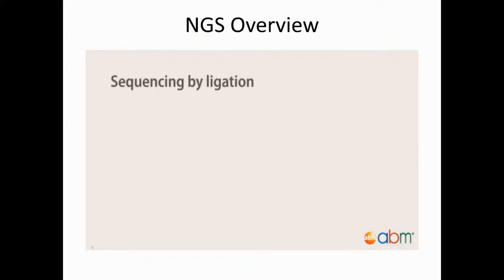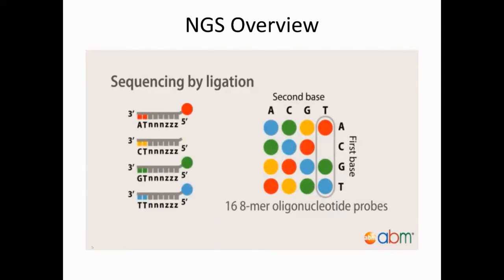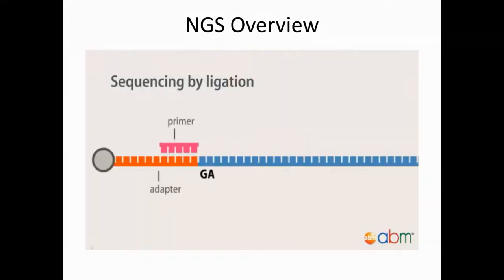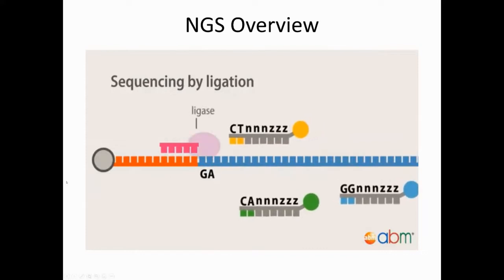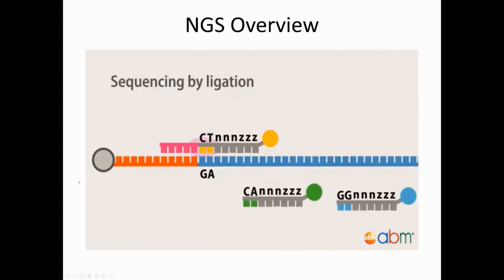Sequencing by ligation is different from the other 2 methods, since it does not utilize a DNA polymerase to incorporate nucleotides. Instead, it relies on 16 octamer oligonucleotide probes, each with one of 4 fluorescent dyes attached to its 5' end, that are ligated to one another. Each octamer consists of 2 probe-specific bases and 6 degenerate bases. The sequencing reaction commences by binding of the primer to the adapter sequence and then hybridization of the appropriate probe. This hybridization of the probe is guided by the two probe-specific bases and